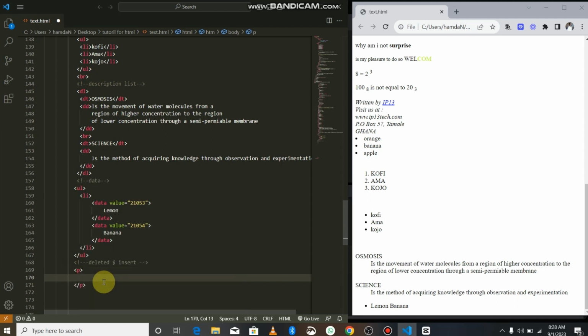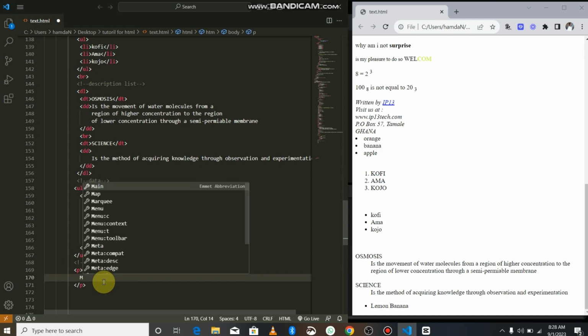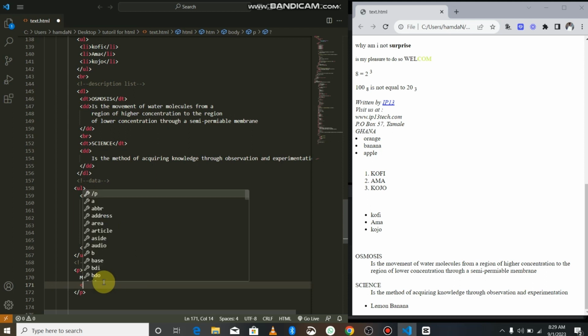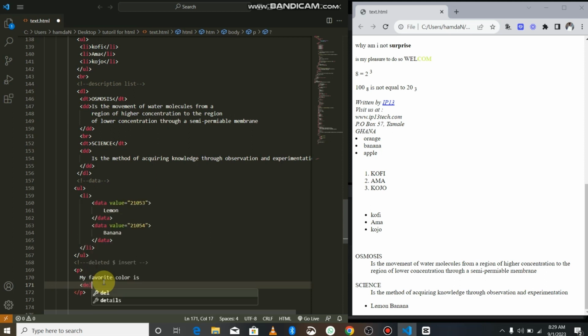So let's assume that my favorite color is... then maybe the one that I want to delete, let's see, I mistakenly said my favorite color, and I mistakenly said blue, so I'll put the blue over there,